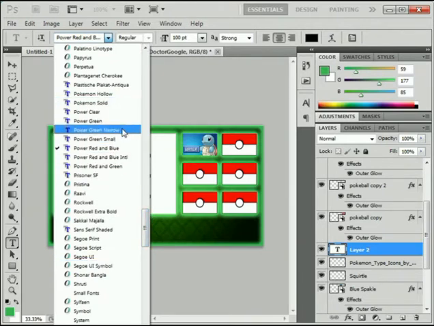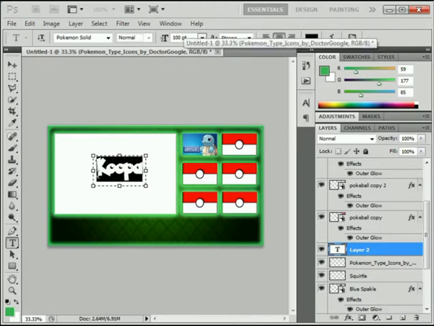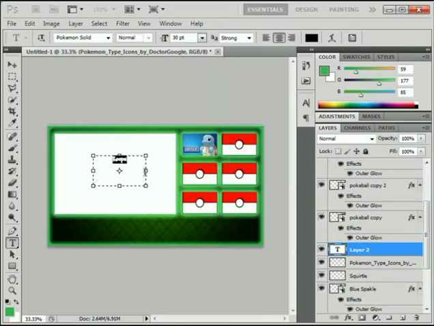I think Pokemon Solid is the one I use most of the time. So Koopa, yeah, that looks nice. So we're gonna highlight it and change the font size to that seems appropriate. There we go. Now I'm gonna